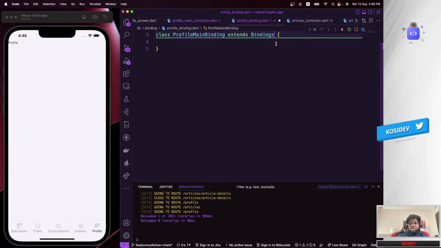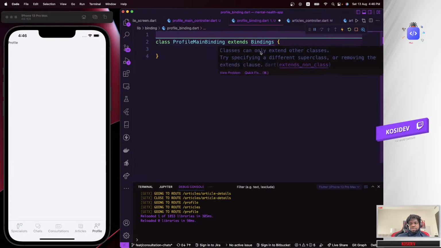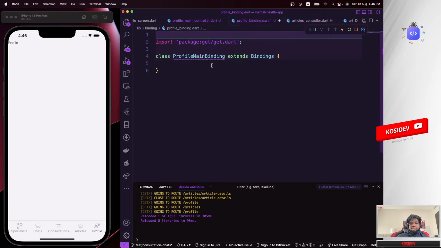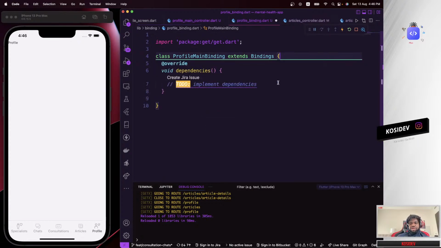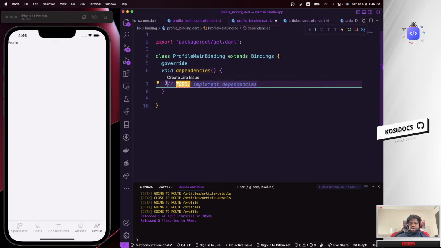Yeah, that's it. Move this, import this. That will solve the whole issue. So it needs us to override a command. We are going to override this command called dependencies, and inside the dependencies we are going to add